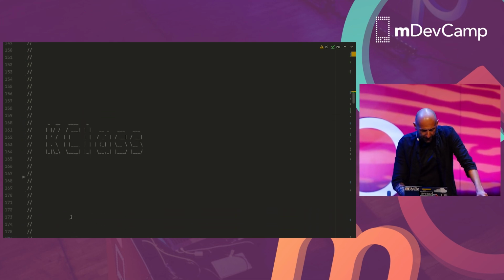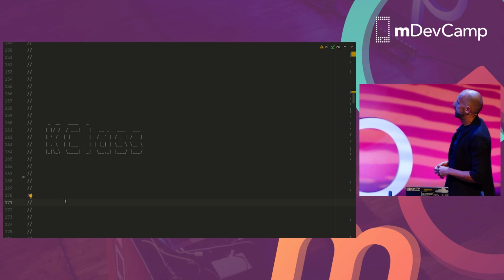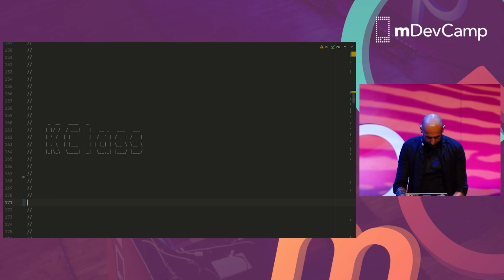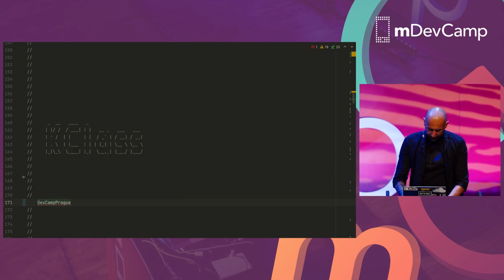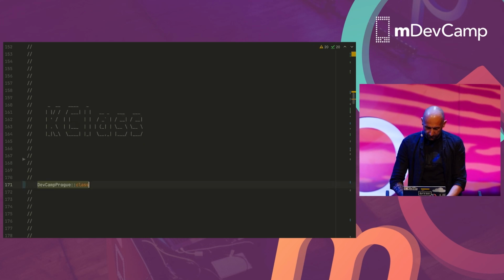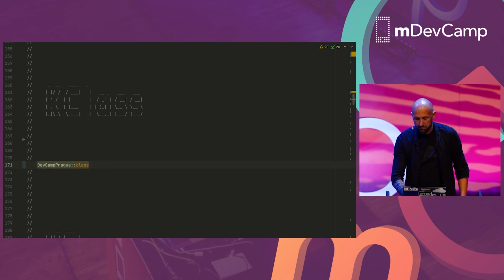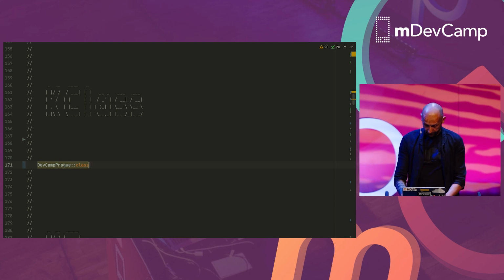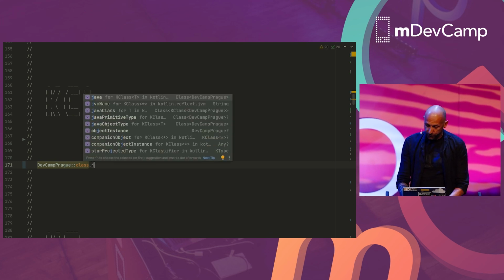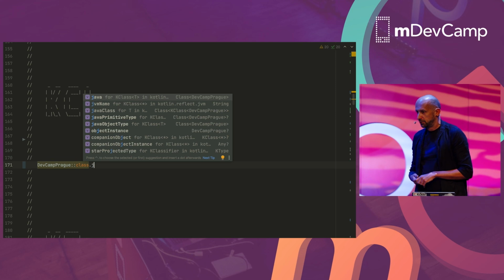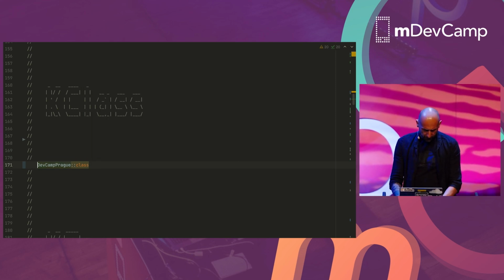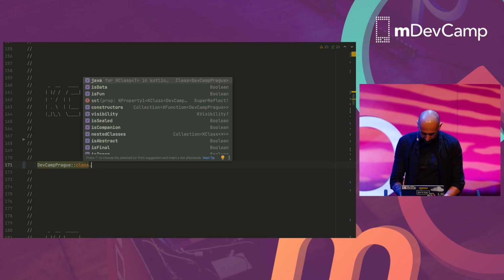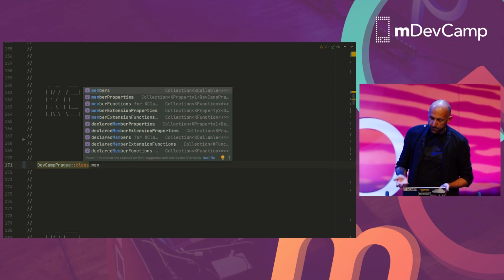So let's go ahead. KClass is basically the type that probably all of us at some point had a look at. So I have this class called mdevcamp.eu, sorry. And when we do ::class, I mean, you've all done this, right? This gives you a KClass. And probably you all know that .java gives you basically the Java version of the whole thing. So the Java reflection versus the Kotlin reflection type. Not spending much time on this, but the important part is that you can ask, for example, for its members,